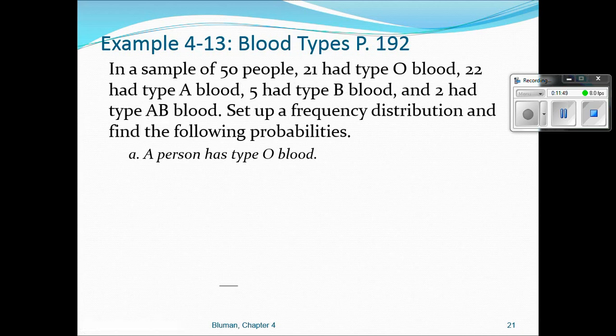There's a different probability for each one. So from these 50 people, 21 of them had type O blood, 22 had type A blood, 5 had type B blood, and 2 had type AB blood. So if we're talking about those 50 people, right, this is kind of